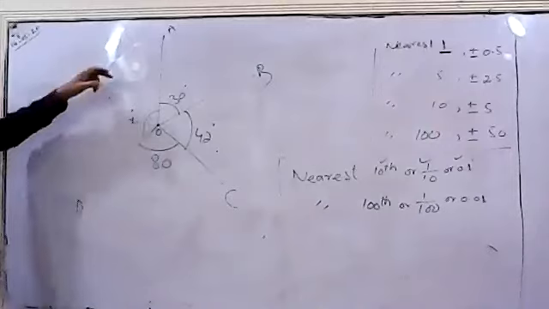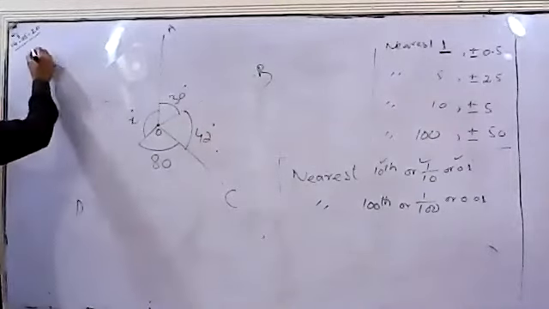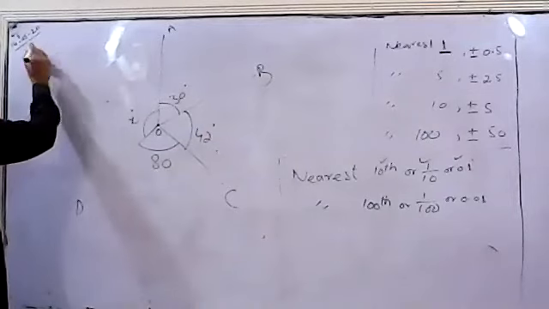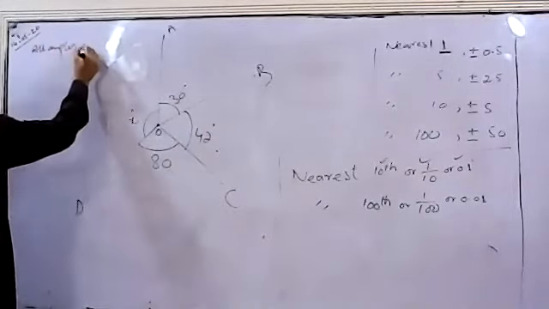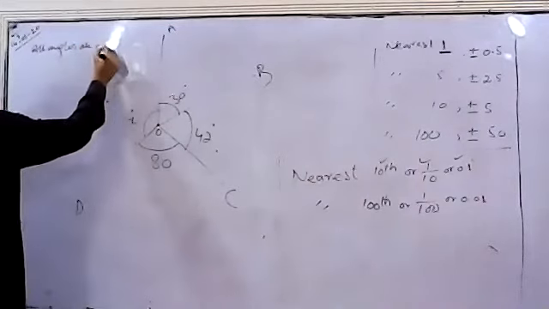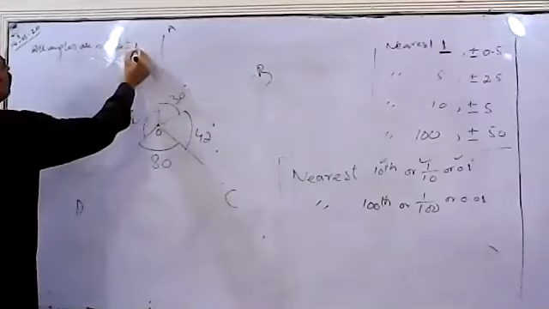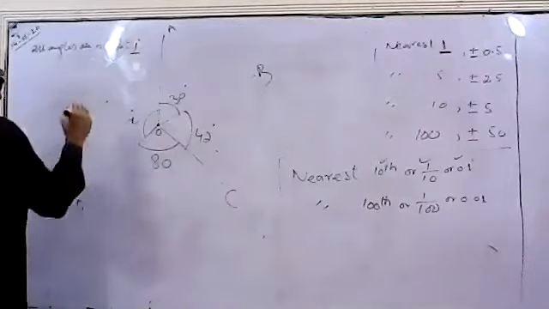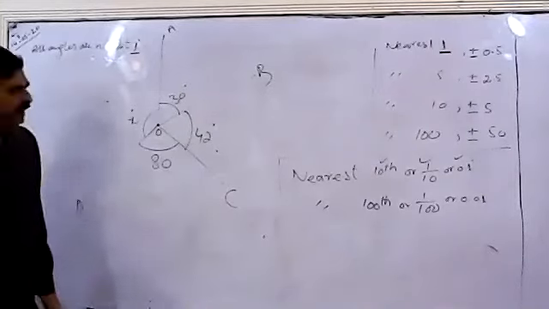I have written all these angles up to 1 degree. All values nearest 1 degree. If we want to find the lower bound of X,